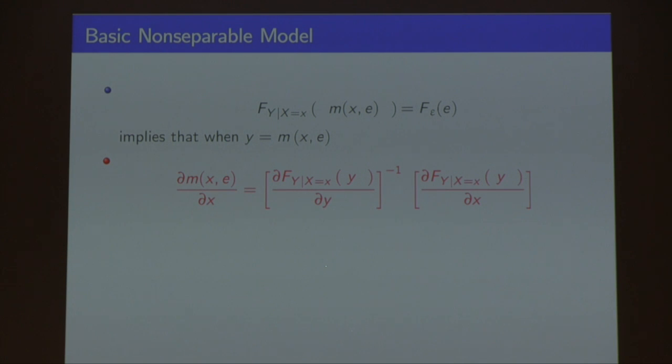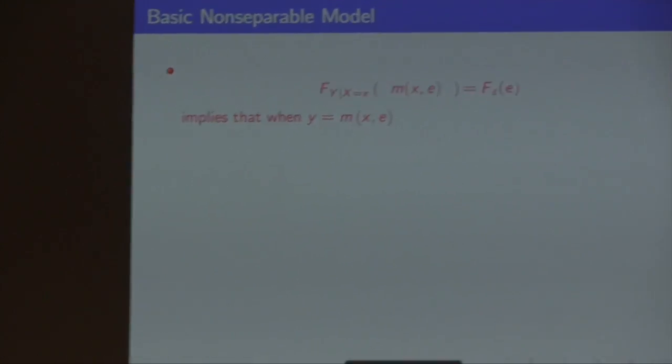And just to give you, for the basic model where x and epsilon are independent, in the simultaneous equations we need to deal with the densities, but for the other two models, the basic model with independence and the triangular model, we can deal with conditional distributions, which are much easier objects.